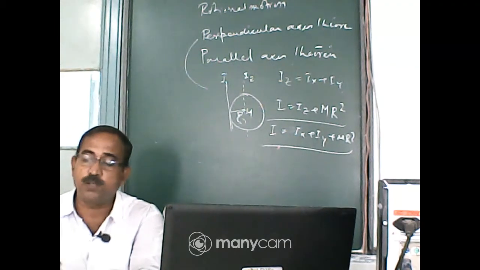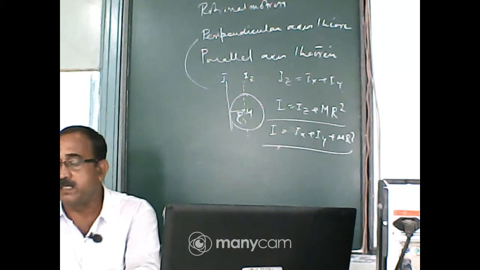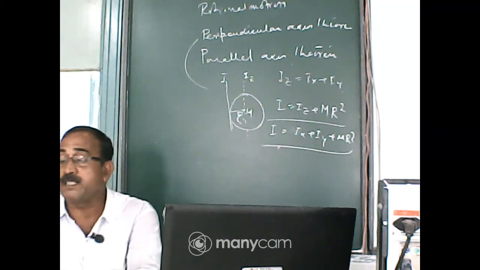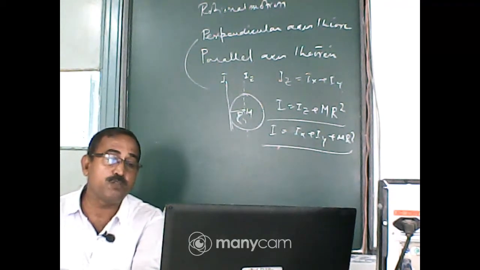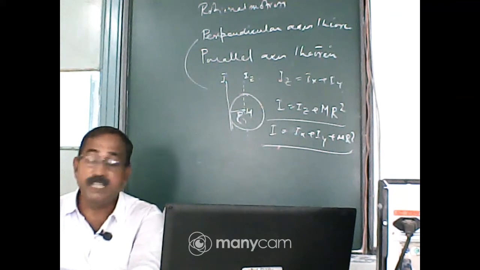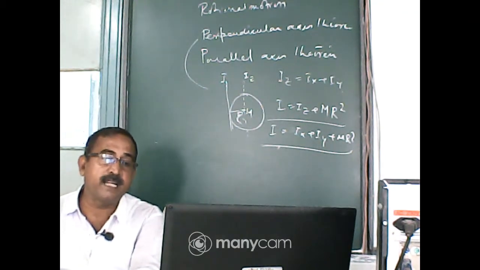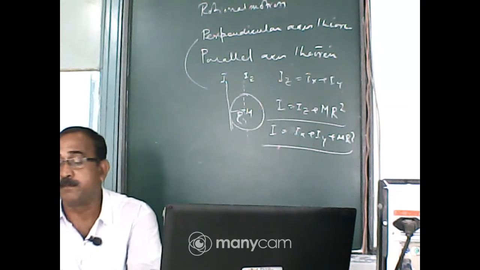Next part is the moment of inertia chart. You see in your books, the chart is there, no derivation in your syllabus, you only remember it. Solid sphere of radius r, axis of rotation is diameter, so that value is 2 by 5 mr square. If the hollow sphere of radius r, axis of rotation along the diameter, that time it will be 2 by 3 mr square.